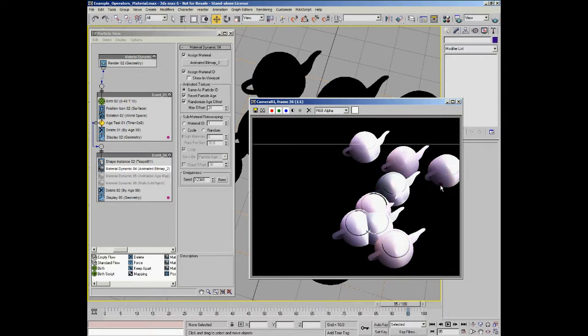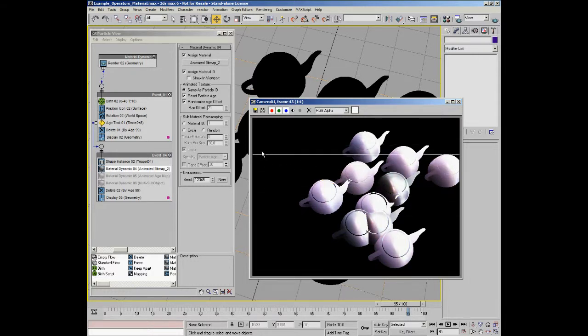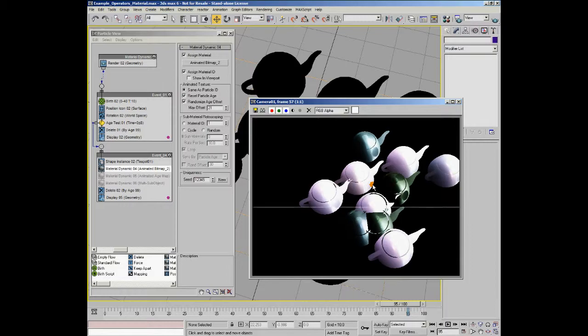So what's happening is when some of these particles are being birthed, it's using a 21 frame offset on their animation, and by that point the lights are already quite bright, which is why some of these particles are sort of